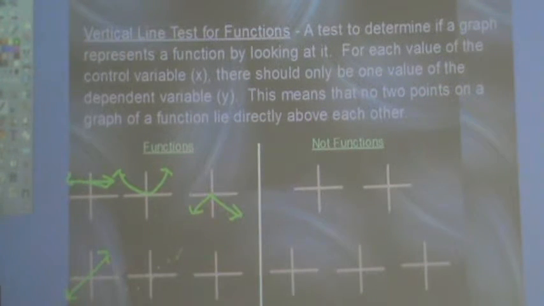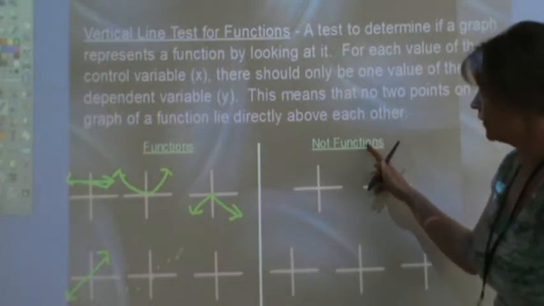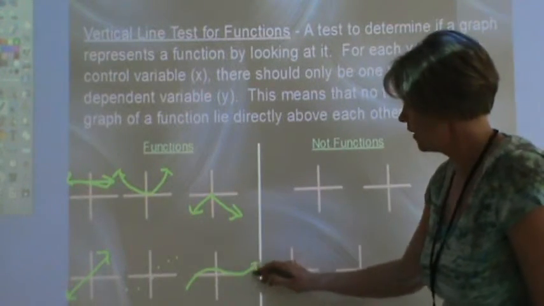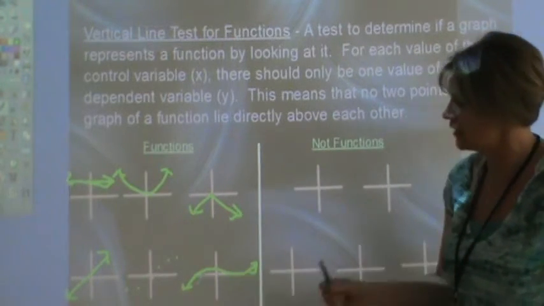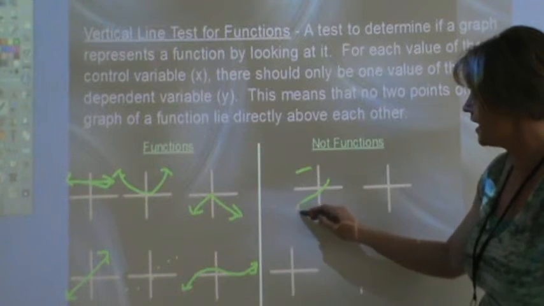What else could we have? Let's see, V-shaped. Well, that covers it. I think there's another one here. So if they're not functions, oh, here's another one. Okay, that would be a function, because again, nothing lines up, no 2 points above each other. But if I turn that on its side,